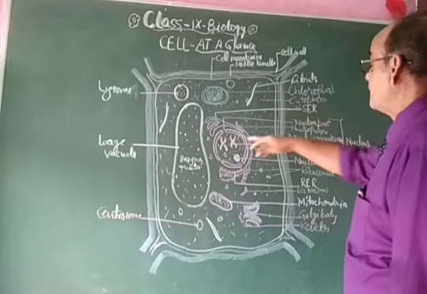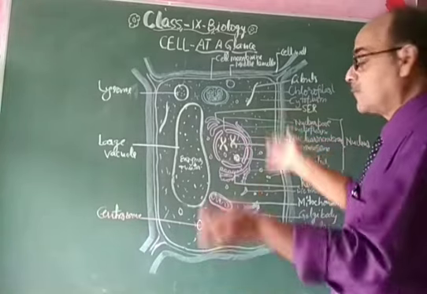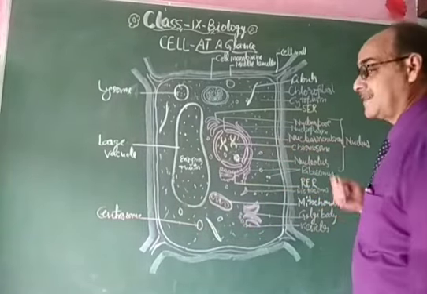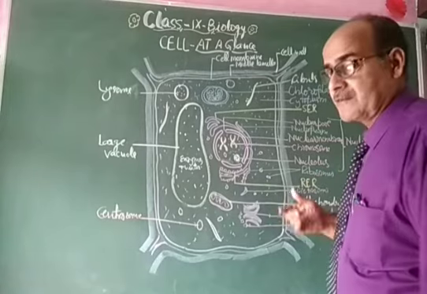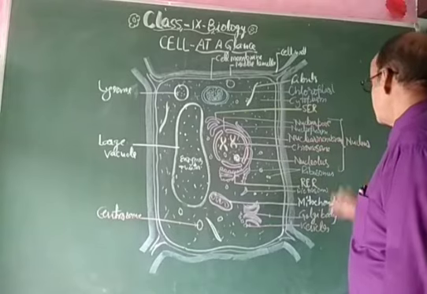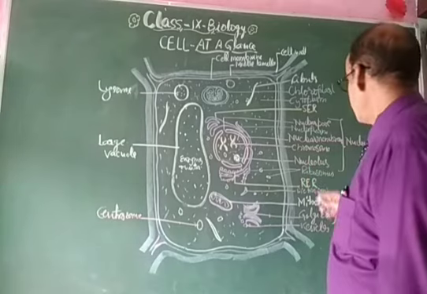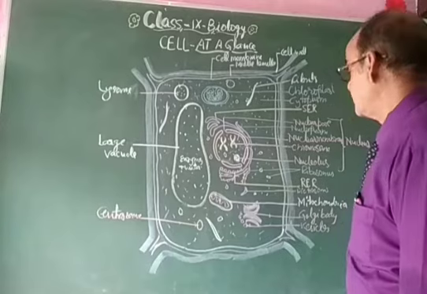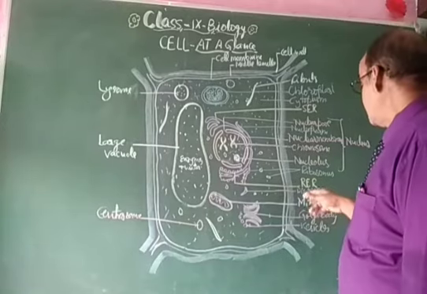This is the nucleoplasm, present inside the nucleus. Nuclear membrane will separate the cytoplasm from the nucleoplasm. These are the chromosomes which are found in the nucleus, that is the genetic material, and nucleolus, that is for the formation of the new chromatin threads. This all is included in the nucleus. Ribosomes are for the protein synthesis. They are called the protein factory. RER, that is having the ribosomes on it. So they are also responsible for the synthesis of protein apart from the lipid.